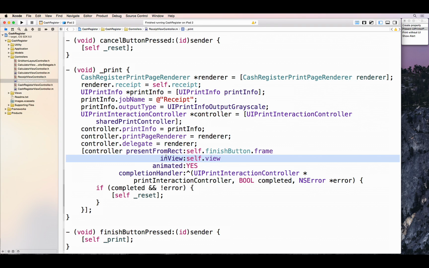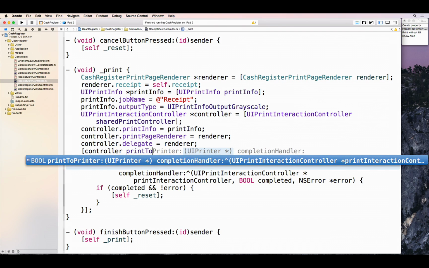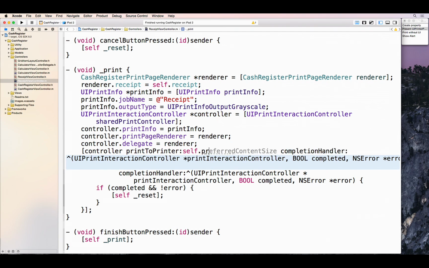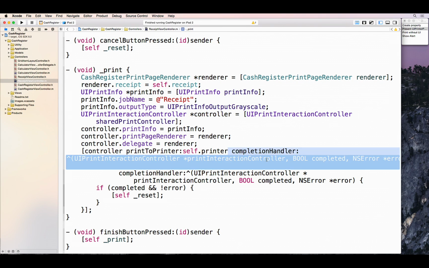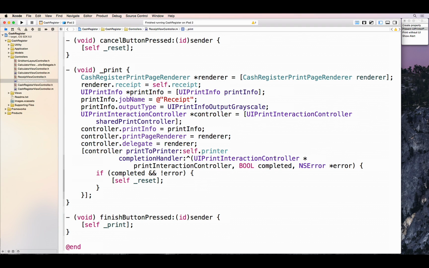So what we can actually do now, and this is what's kind of neat about this API, is delete some of this code because we don't need it. We're no longer presenting anything. We're just going to print to printer. There we go. Then we can go ahead and delete that little bit of auto-generated code. And it's really just that easy. All of a sudden, the completion handler is the same,